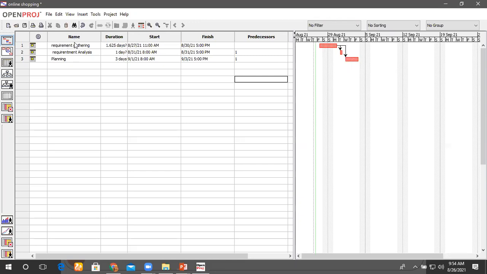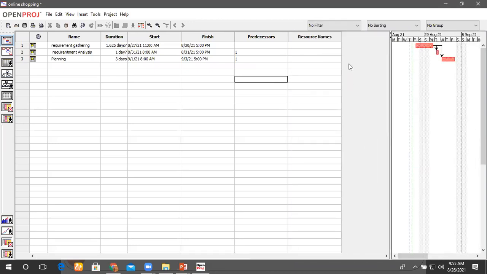And this is the predecessor. This name column is your task, and these tasks will have some durations. It started on some date and finishes on that date. That will be dependent on your duration. Okay, then there is a predecessor and a successor. Okay, and further we will study resource names in our next practical, how we will add the resources in our practical. Okay, first of all, the first practical is to